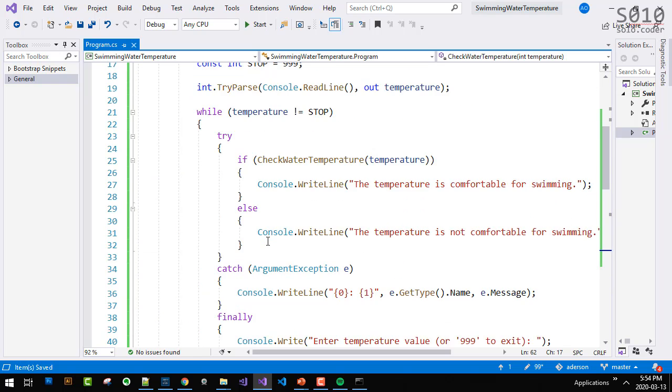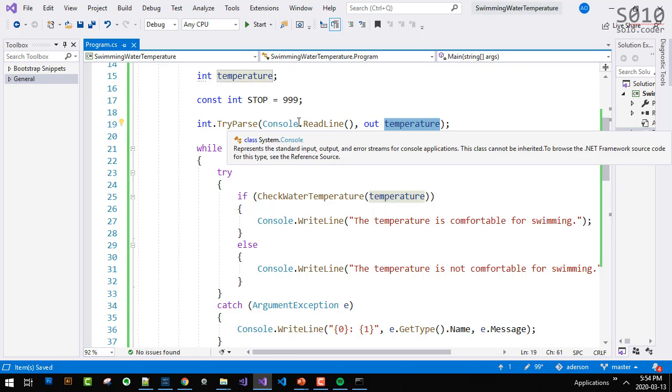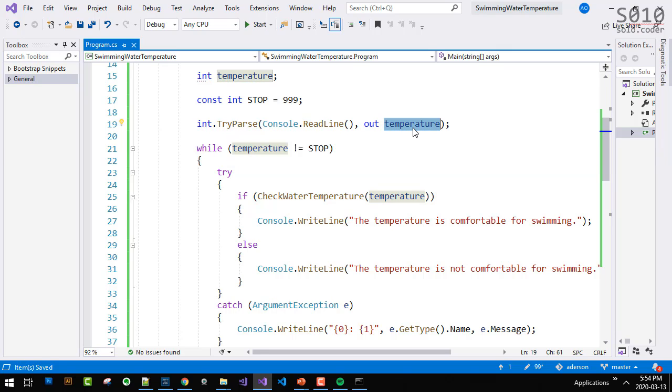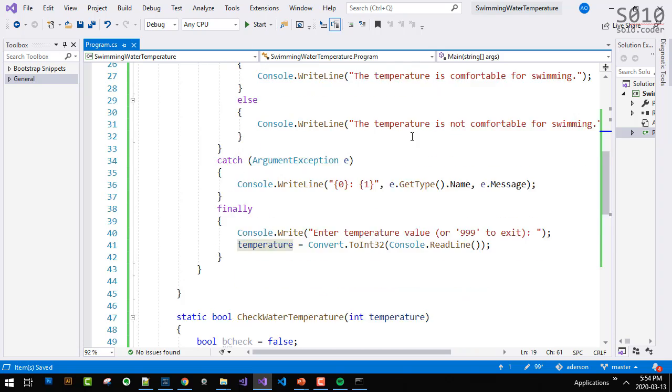Yep, 0, in the TryParse, because it won't be able to convert, and then temperature becomes the default value of integers. I'm quite sure it becomes 0. I was uncertain, but I think I've tried that. So if it's invalid, it becomes 0, and we have TryParse.